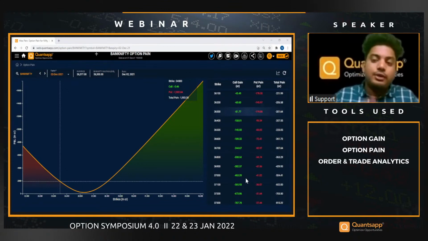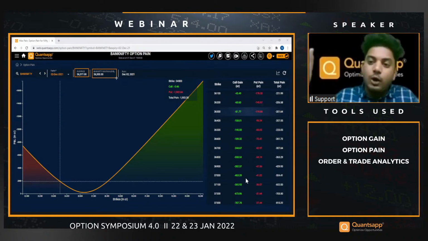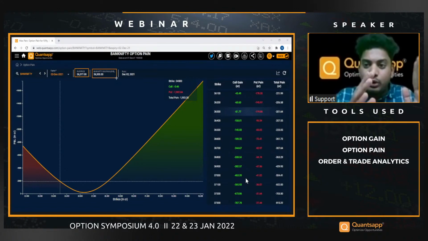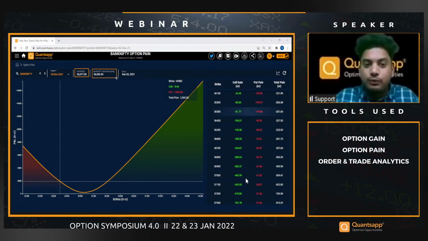Let's say the first scenario is Bank Nifty's current price is 36,300. Bank Nifty moves up till 36,800. The max pain level moves from 36,300 to 36,700, which indicates an upward shift in the open interest band in Bank Nifty. It indicates that the call writers and the put writers have shifted their positions to the upper level. They are expecting a bullish move from there on. So that was the first scenario.